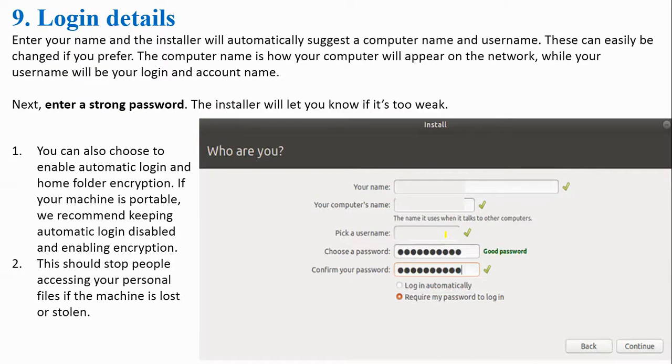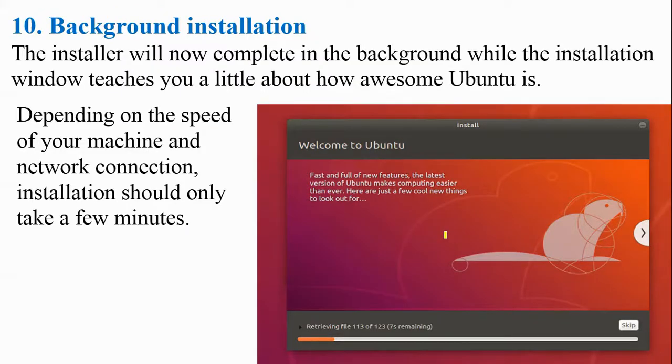And this is what we have to do: username, computer name, and pick a username and choose password. Okay, login details, and the next one is background installation. So the same thing is going on as of now. Depending on the speed of the machine, it may take some more time sometimes, or it takes less time.